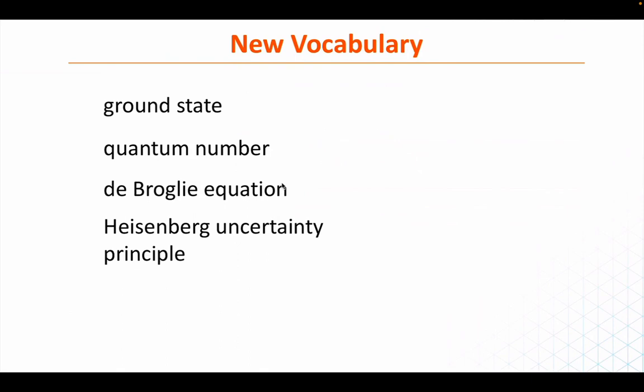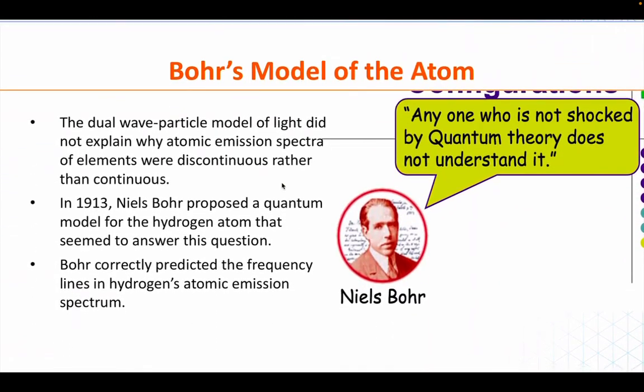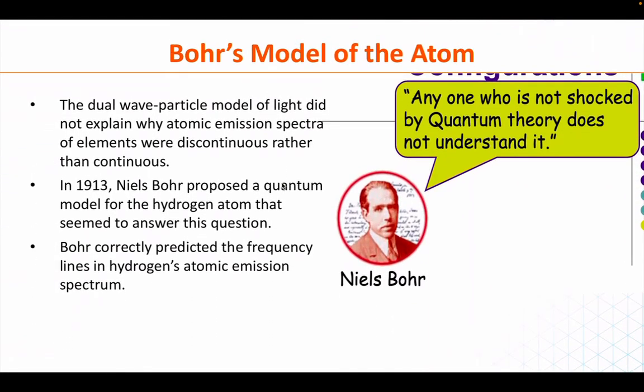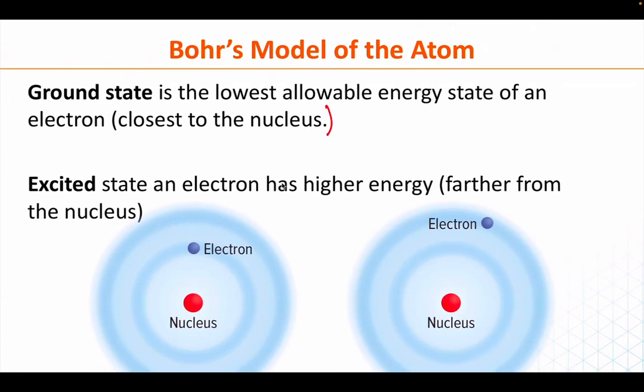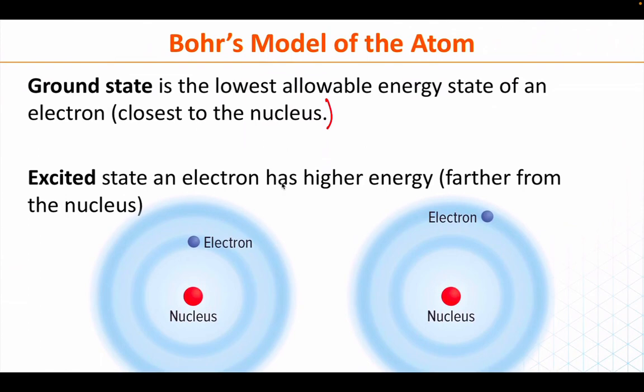It's kind of working our way up to the quantum mechanical model. So we're going to talk about Bohr's model. Bohr's model only works really for hydrogen. Bohr did a whole bunch of calculating and things that confirmed his model, but it only worked for hydrogen. But parts of Bohr's model are still true today, and one of them is talking about ground state and